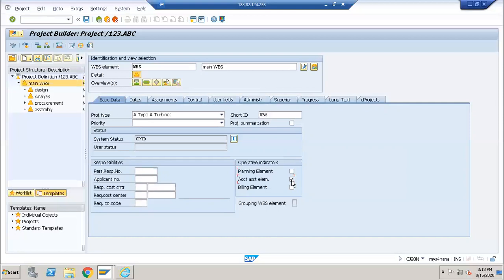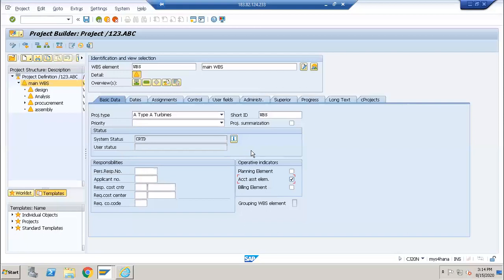And what is this account assignment? With account assignment, you can hold all your actual cost postings at the account assignment level. All your FI postings will happen at the account assignment level. For example, you plan for two components for this project, but at the time when you are actually starting the project, you understand that two materials is not enough and you want to go for four materials. Posting more than what you planned can be done only at account assignment level.